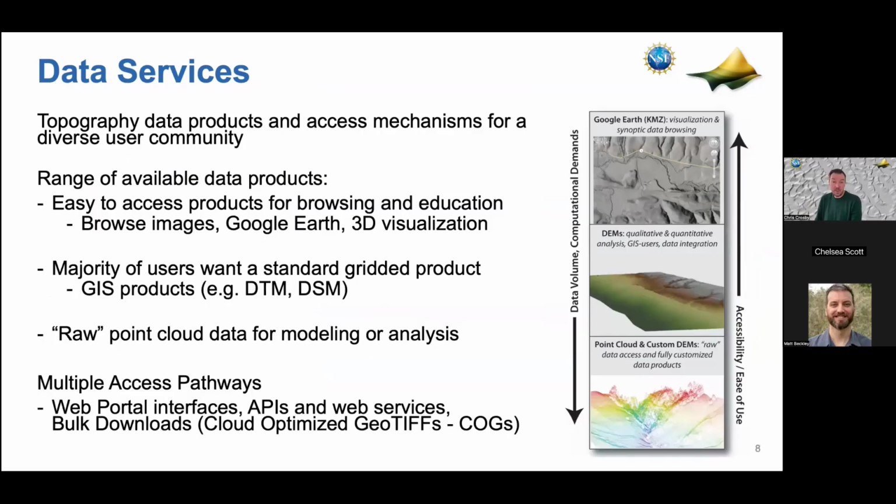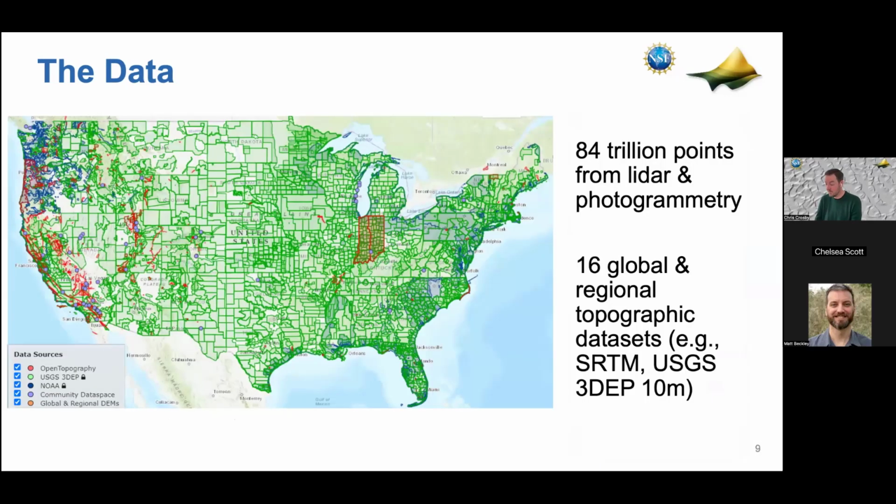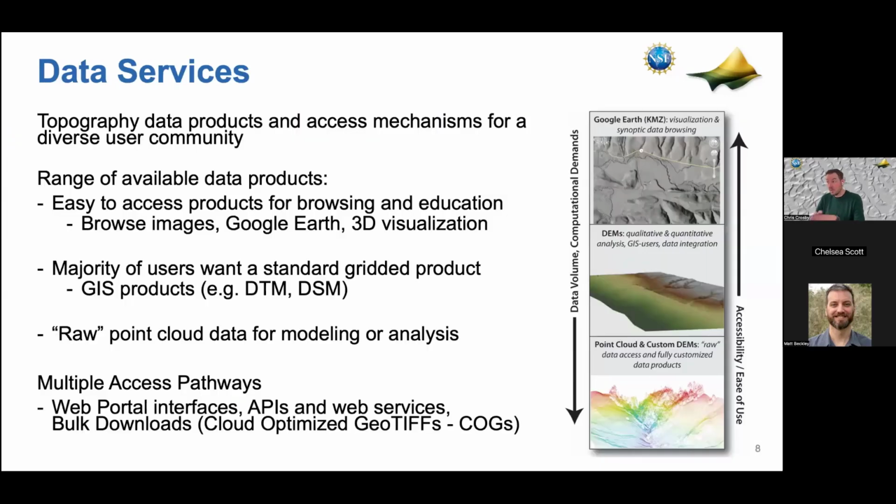One of the other underpinning motivations for OpenTopography since the beginning was this idea that different users have different needs and different kinds of data types. And so we try to provide a range of different types of data, acknowledging that some users just want a pretty picture they can print out and put on a map board and take out in the field and draw lines on, right? Mapping faults, landslides, whatever. Other people want really sophisticated programmatic access to raw data so they can build sophisticated processing pipelines. We've tried to serve users across that whole spectrum.